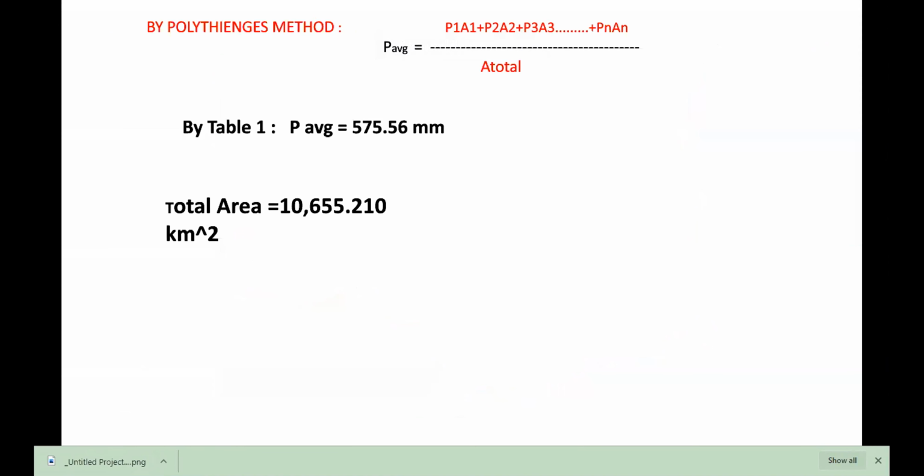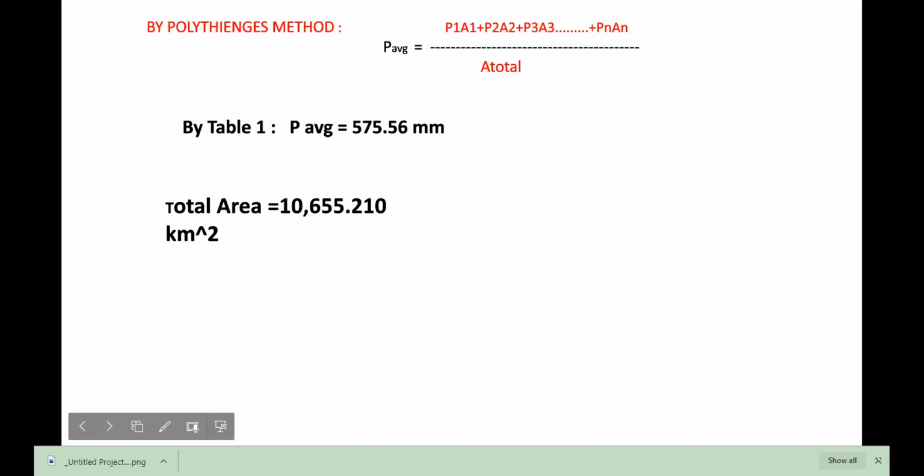Okay. By the way, as I said, you need to put everything in subscript, superscript. Everything should be correct. P1 A1 should be P subscript 1 A subscript 1. A total should be A subscript total. What about the area? Did you check if it was appropriate? No, sir. The actual area is near to 13,000 square kilometers. So you have missed some area. Yes, okay, sir. That's okay. All right. Thank you, Neeraj.